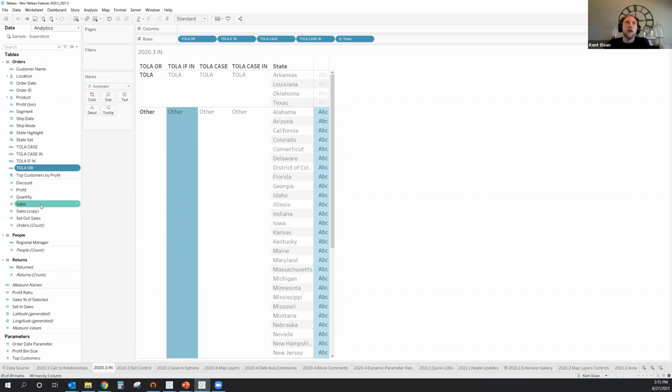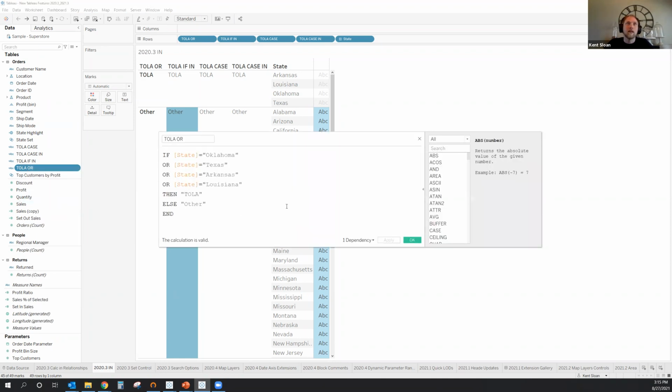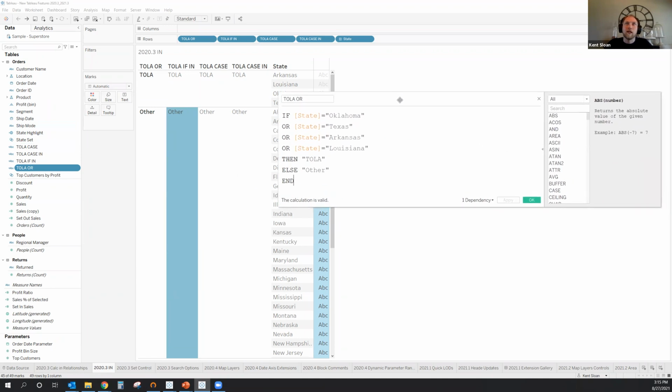So a fairly familiar approach to something like this would be a calculation like this, where I just say if state equals Oklahoma or equals this state or that state, run through all of these, then TOLA. That's how I've labeled this. And yes, you could do an else if statement for each of these individually, but I'm calling out the use of the or option here.